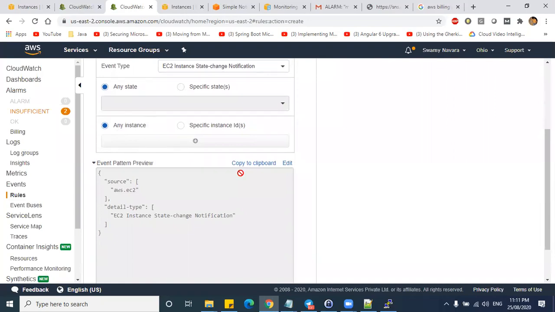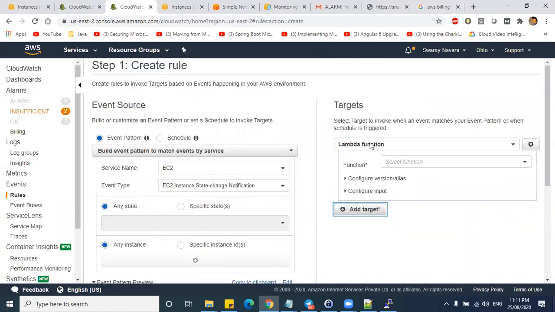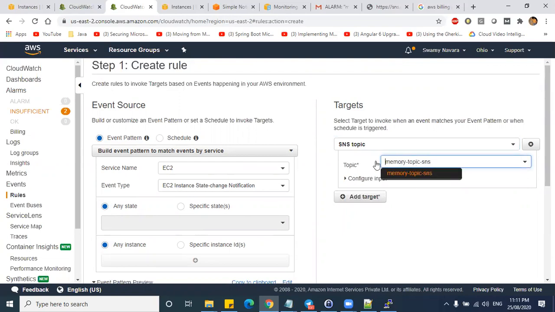Then what action do you need to do here? So if this is your condition, for this condition, you need to do this one. Add target means either you can write a Lambda script and execute the script, or you can use an SNS topic. Under the SNS topic, you can send an email saying that this particular thing has been done.